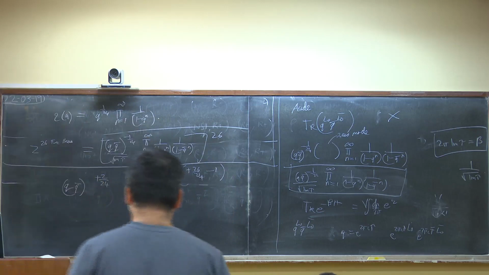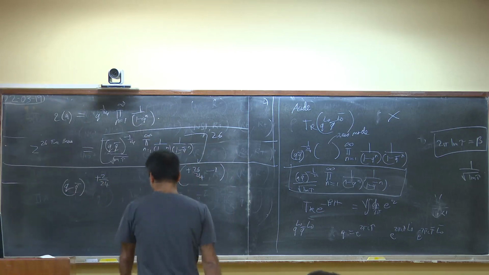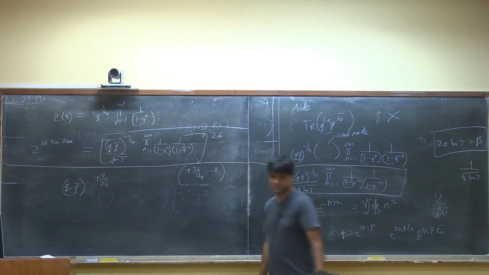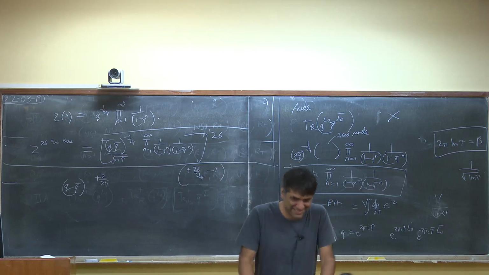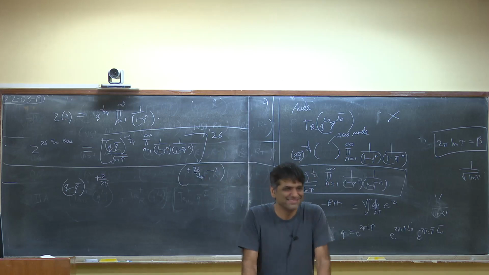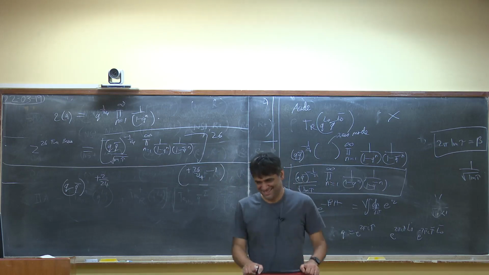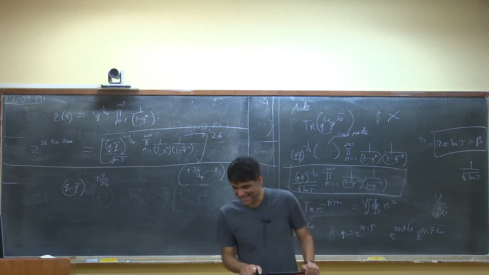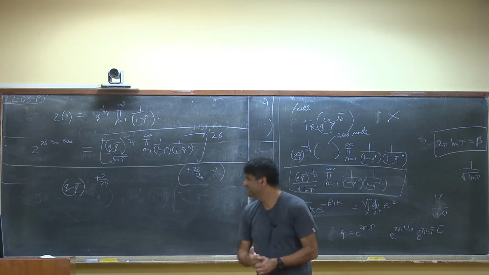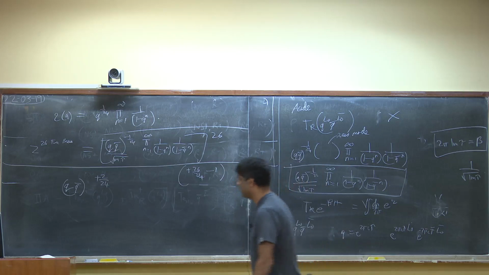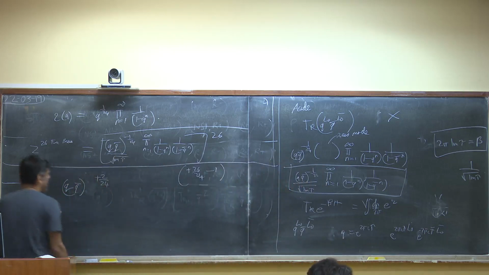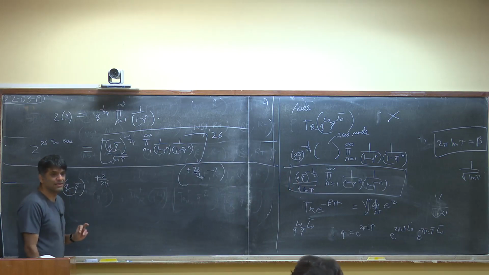Basically, you are saying that you should not care about this c/24 when you combine the bosons and the BC system. Exactly, because c cancels out. The combined system has central charge 0, so we can just forget the central charge and get the energy for the ground state. Exactly. Exactly right.